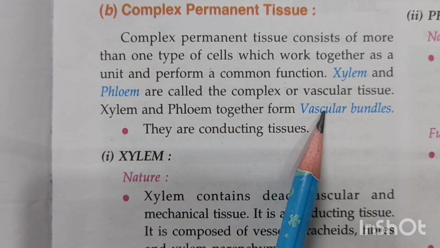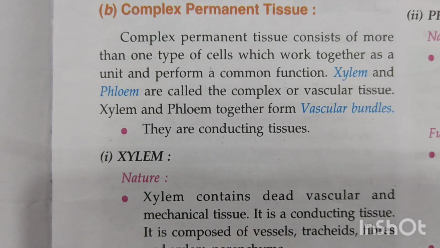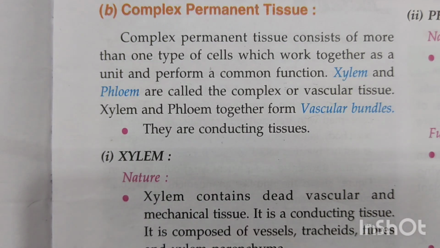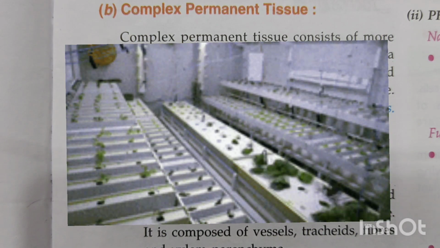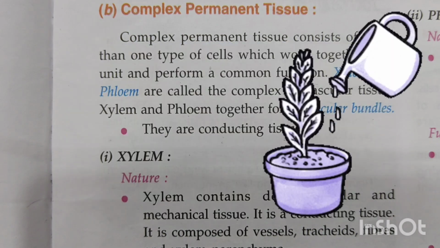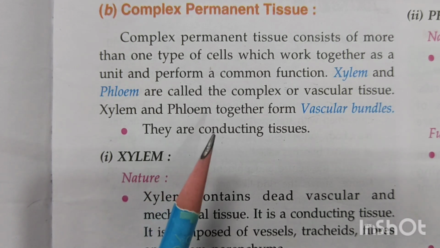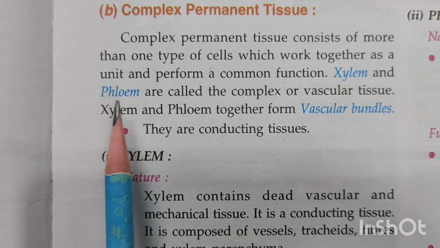Now, why are they known as conducting tissue or the vascular bundles, children? Because the function of xylem and phloem is concerned with conduction in the body of a plant. They will help in the movement of material up and down in the plant. You know, when water is put near the roots, it reaches every leaf. Similarly, food is made in the leaf, but it is transported and taken to every part of a plant. So who is the one taking and helping in this conduction? It is being done by the vascular bundle that contains xylem and phloem.